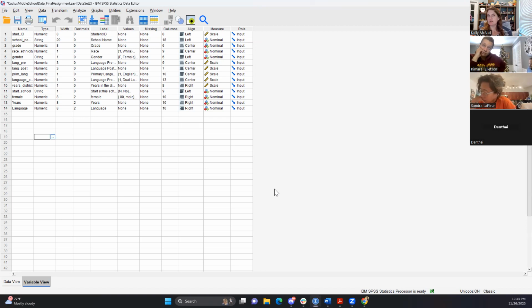But what you could say is, outside of all the other people, you could show the difference between the two programs and say those enrolled in the dual language program showed this as a post score. Those enrolled in ESL showed this as a post score. So you could potentially show a differential value between the two programs themselves. Yeah. And if you wanted to throw the other things in there, like gender and everything else, you could say gender is not a factor, like we did on our other homework assignment.